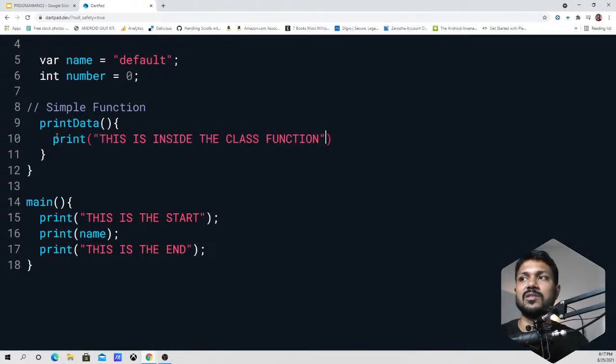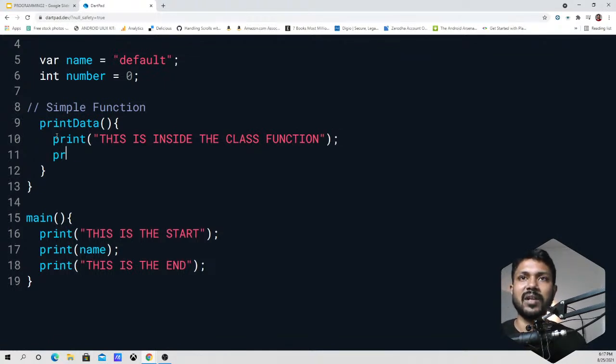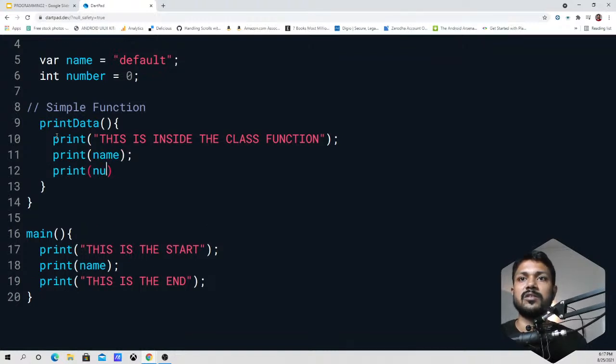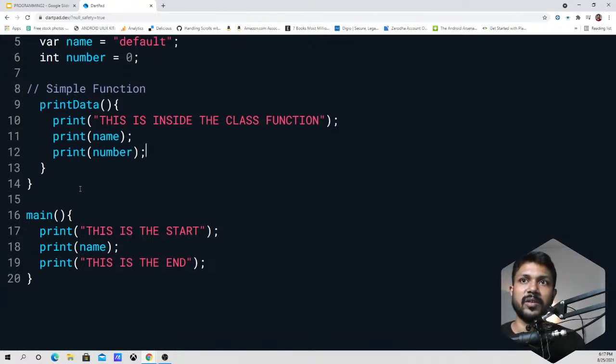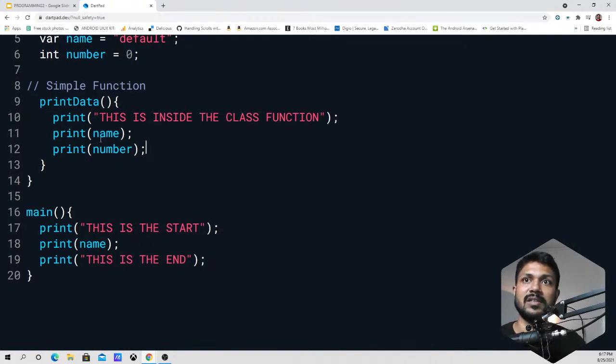I'm just going to print this so we can see how this is very useful. Next thing we're going to do is to now try to print the name of the student followed by the student registration number. So these are the three things that we are going to be doing. So when you say this is inside the class function, and this is the name, this is the number, what we are trying to do,